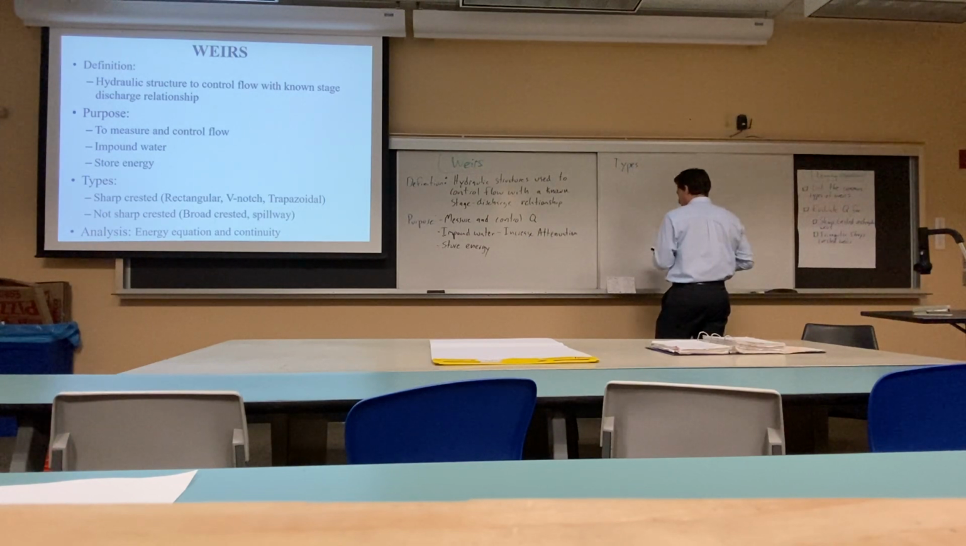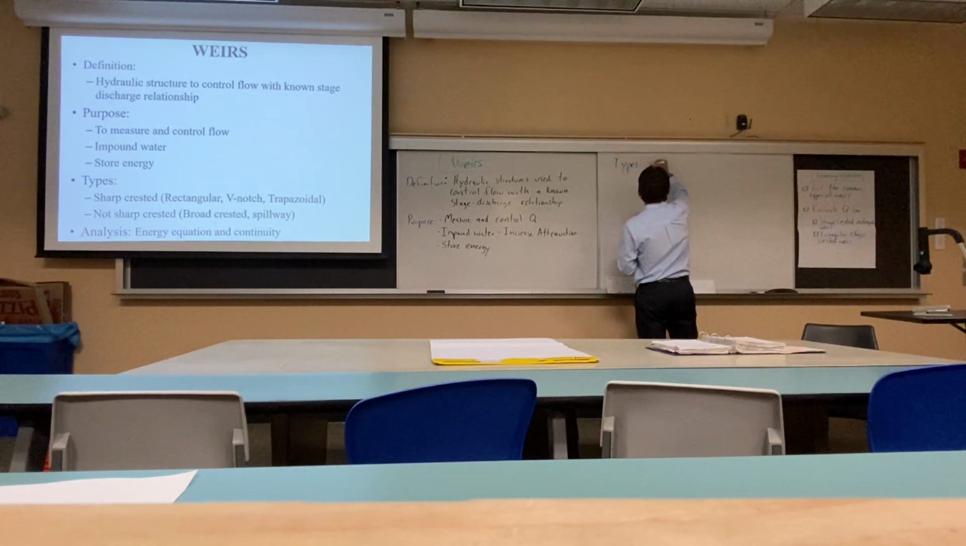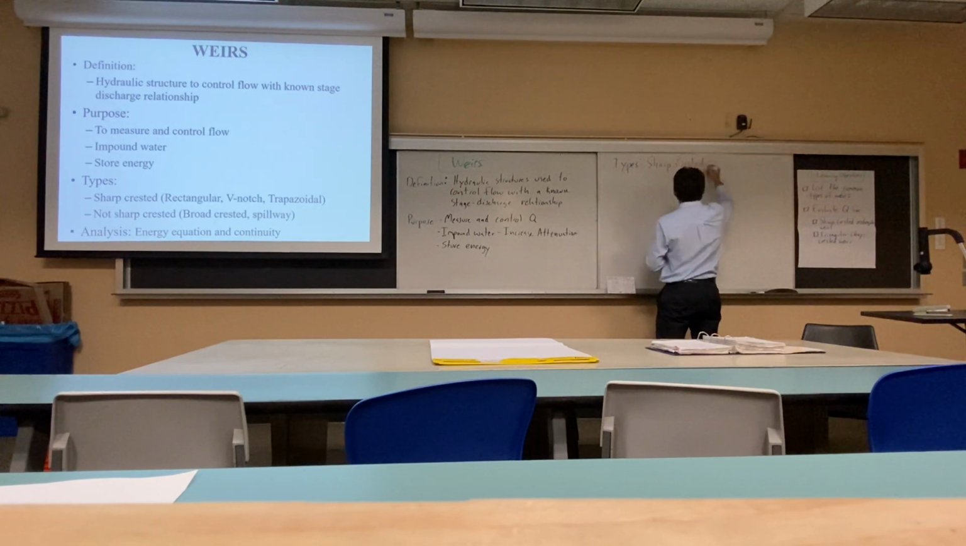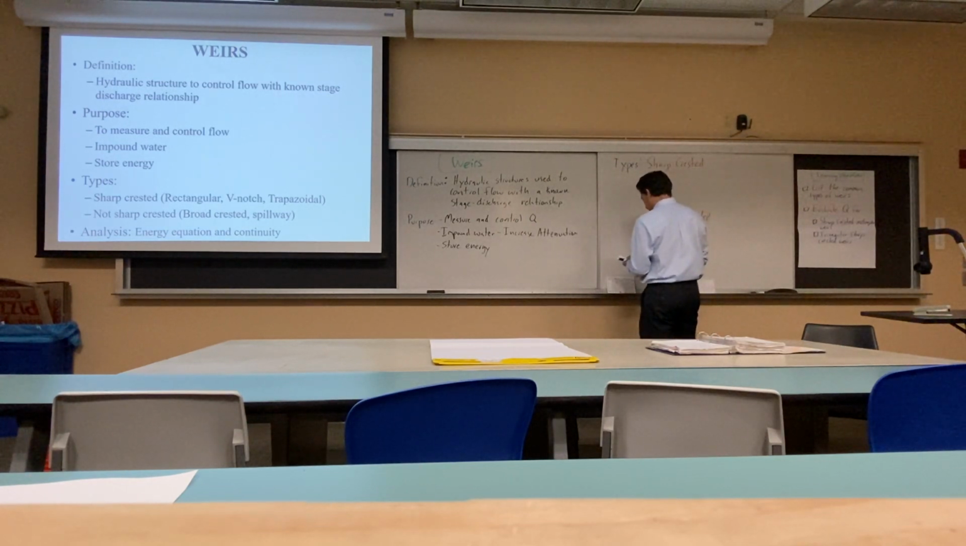And we're going to have 2 different categories. We're going to have a sharp-crested category, and we're going to have, for lack of a better term, a not sharp-crested category of weirs. And the weirs that fit into those categories are, for sharp-crested, which is what we're focusing on today in lesson